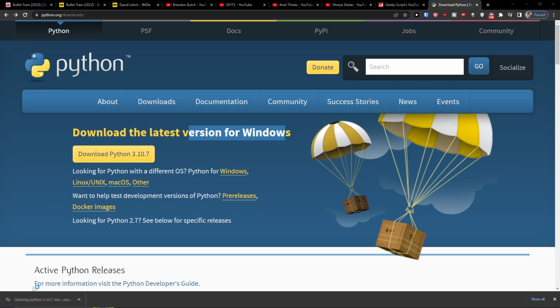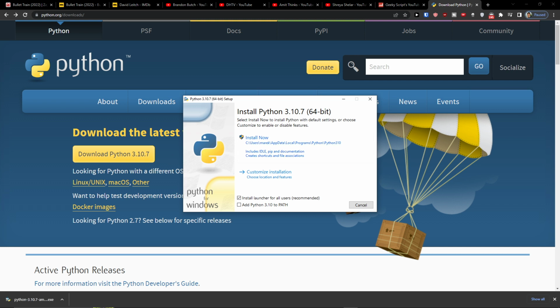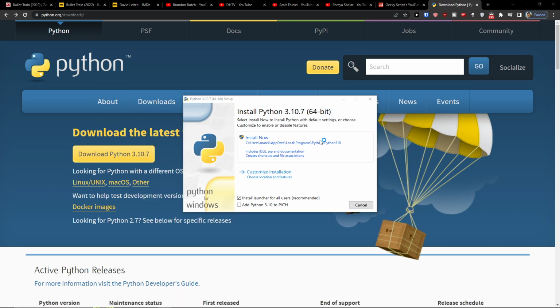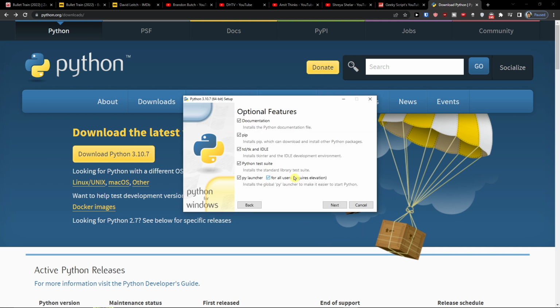click open it when you have it, and then you're going to have Install Now. So you can of course customize the installation, and I would definitely recommend adding Python 3.10 to PATH. So that's what I would definitely do. And of course you can click here customize features, and you can have documentation, pip, IDLE, Python test suite. So all of that, if you want,